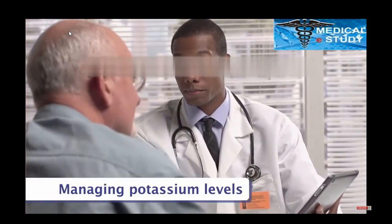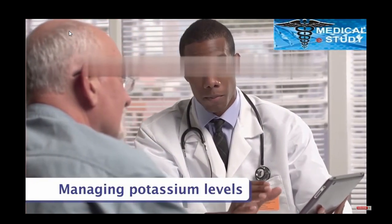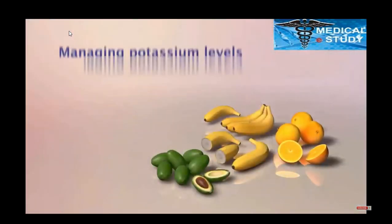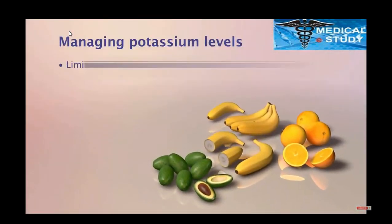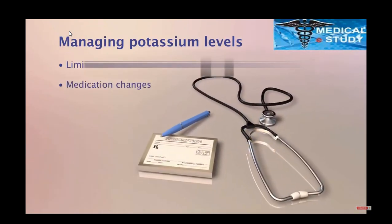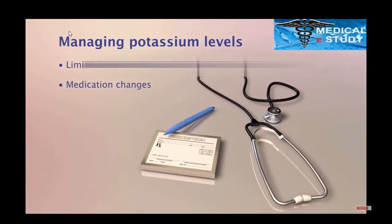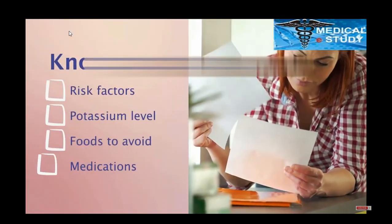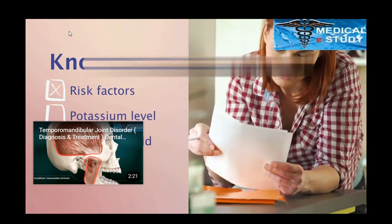If you are at risk for high potassium, speak with your doctor about ways to manage your potassium levels. You may be asked to avoid or limit eating foods that are high in potassium. In addition, your doctor may make changes to your medications. To help minimize your risk of hyperkalemia, it's important that you know your risk factors, potassium level,